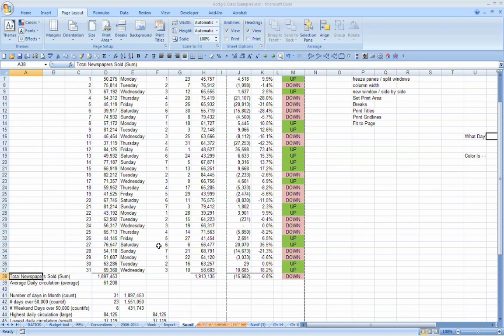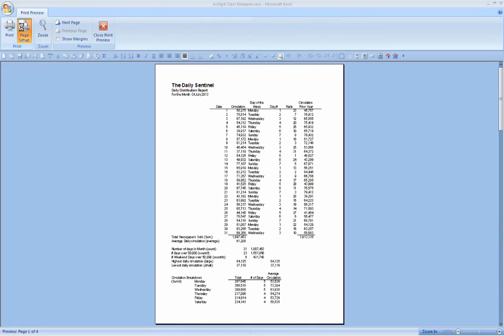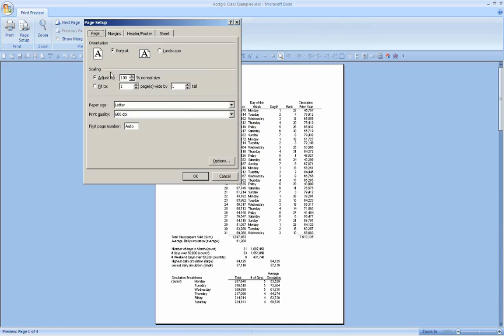So actually I've skipped ahead on you here because I keep showing you these print previews. And in the print preview I am messing with, let me just fix this. Notice you can set this manually to 100%, or I'm going to fix it to be 1 page wide by 2 pages tall. Right now it's 2 pages wide by 2 pages tall, so I'm going to just narrow it up, click OK,